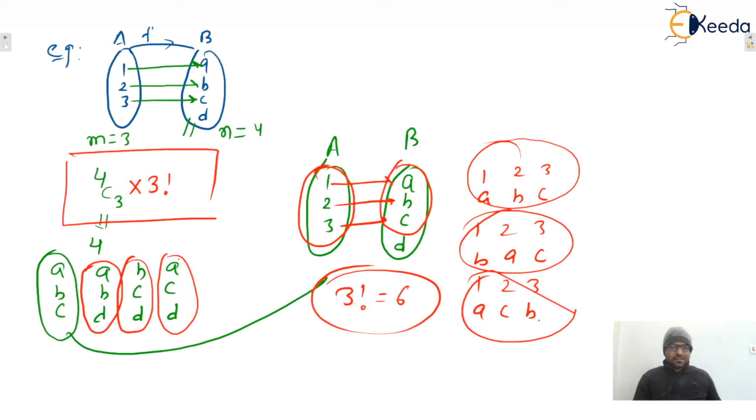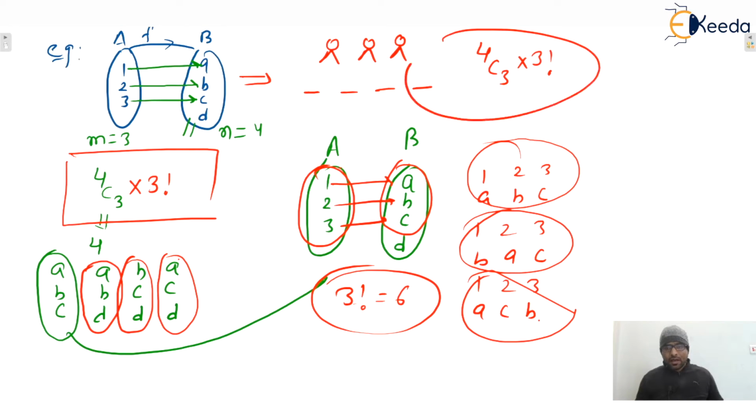Or we can say that this problem becomes a problem of permutation. Let's say three persons are there and four chairs are there. So in how many ways can these three persons sit on four chairs? Select any three chairs out of these four. Now three persons and three chairs are there. Then in how many ways can these three persons sit on three chairs? That is 3 factorial, isn't it? And it can also be written as 4P3. 4P3 is the same as 4C3 into 3 factorial. So this problem becomes a problem of permutation. I hope this one is clear to everyone.